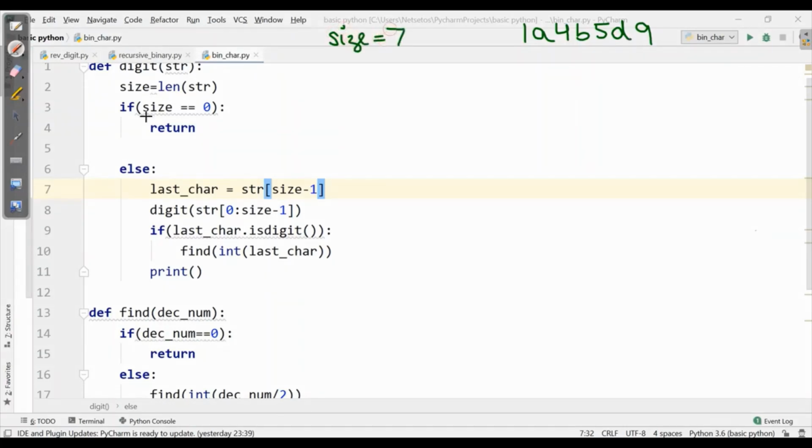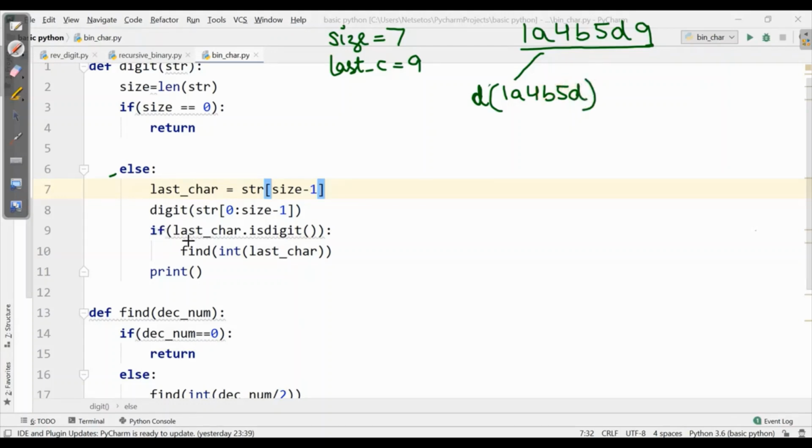First we need to calculate its size. Size is 7. Then it will go to the else part. The last character will be 9, so I'll write last_c is 9. Then it is asking for digit. It will follow recursion, so here it will write d and then 0 to size minus 1. Size minus 1 will be excluded from the string, so now we will write 1a, 4b, 5d excluding 9.